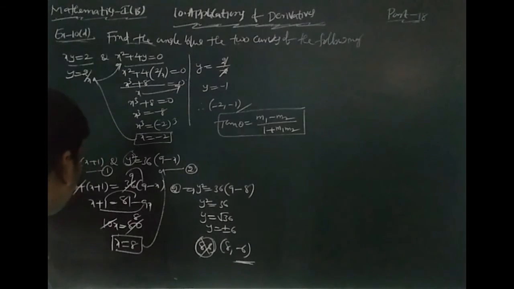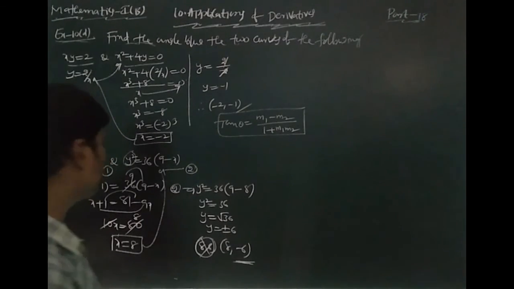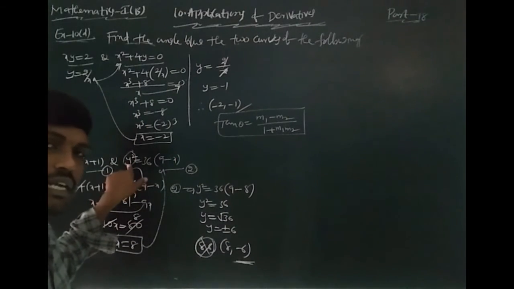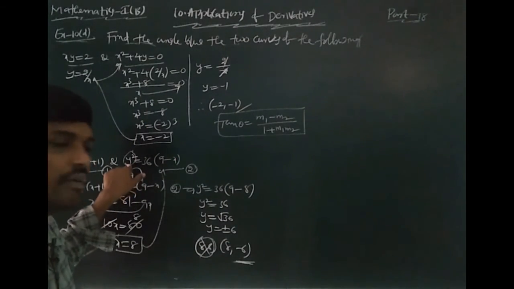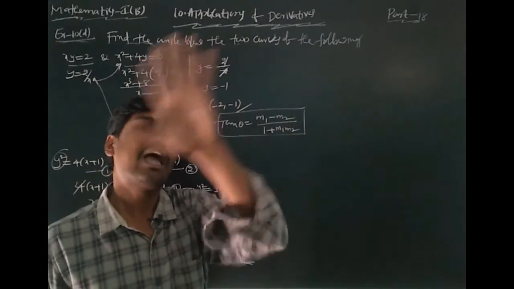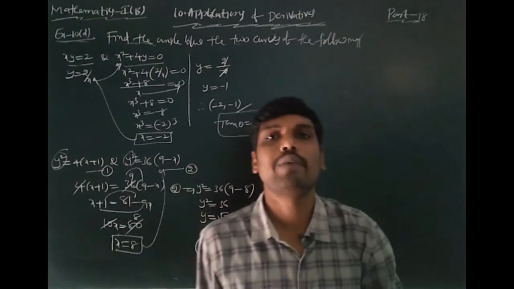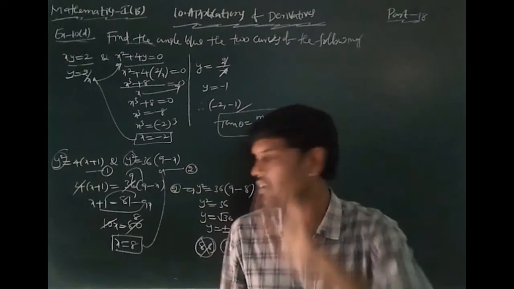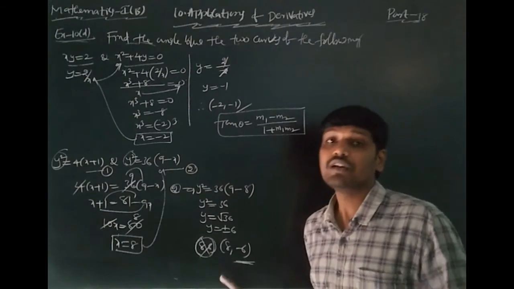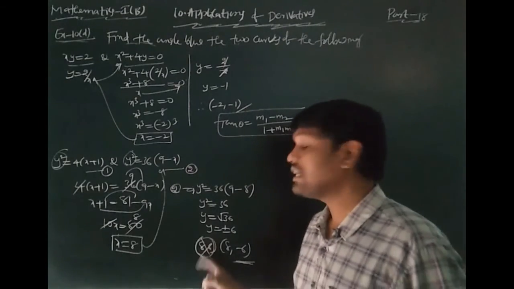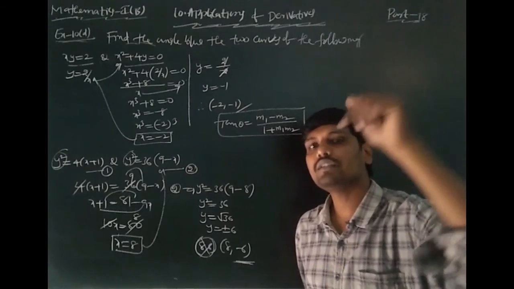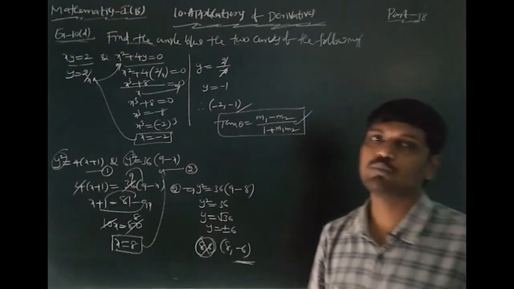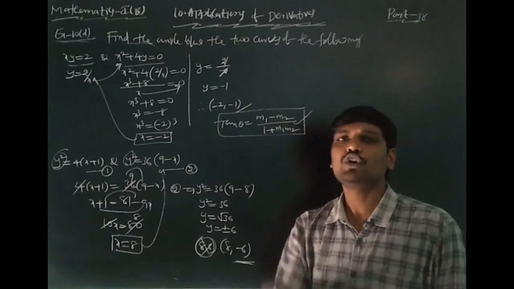After that, take the derivative of this one. Derivative of y square is 2y into y dash, equal to 4 into the derivative of x plus 1, which is 1 plus 0. Similarly, for the second curve, derivative of y square is 2y into y dash, equal to 36 into the derivative of 9, which is 0, minus the derivative of x, which is 1. Here there is a minus sign before it, so you write minus 1. After that, find the slope of the tangent m1 of the first curve using this point, and the slope of the tangent m2 of the second curve using the same point. Okay, students. After that, use the formula tan theta equal to m1 minus m2 by 1 plus m1 m2. Write it down and you get the angle.